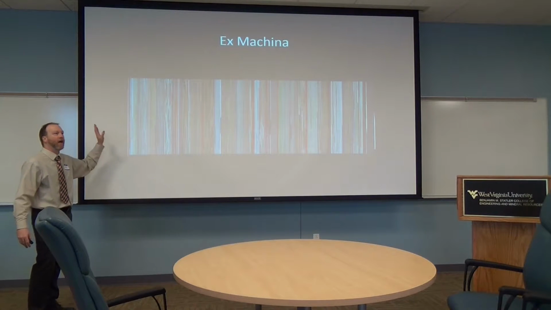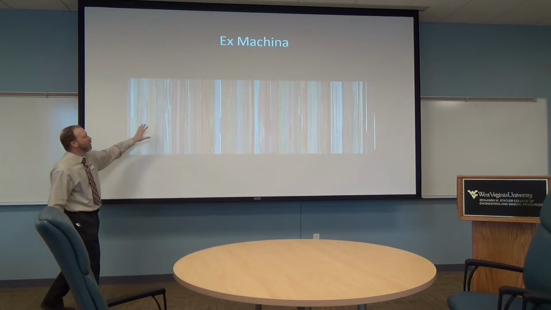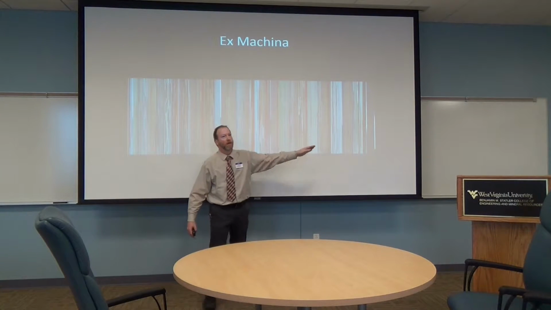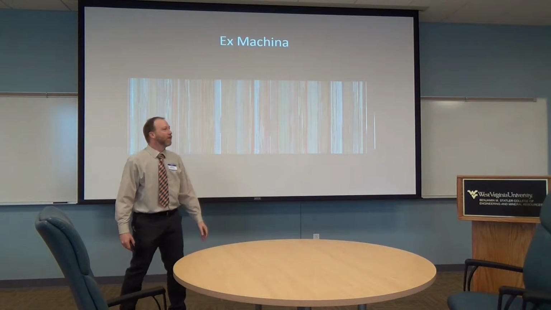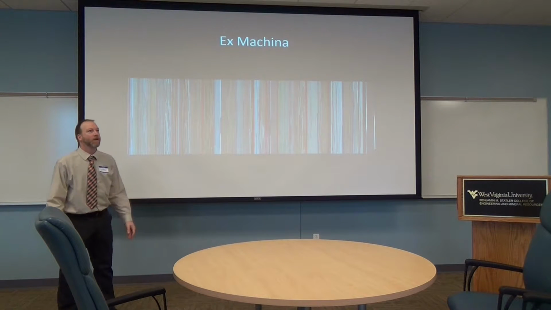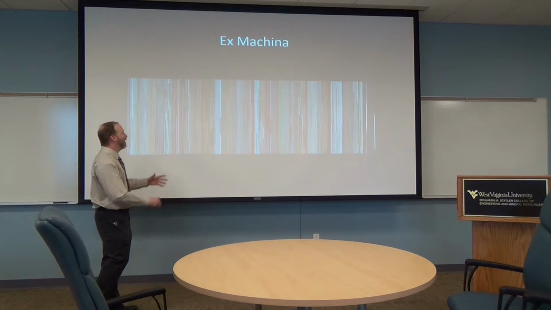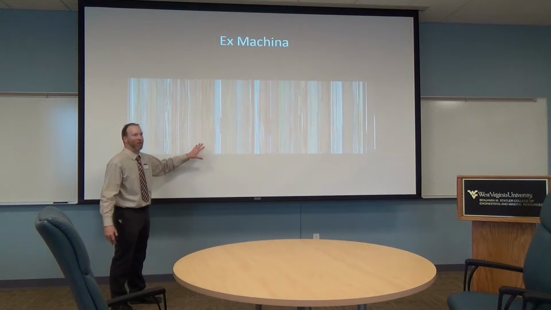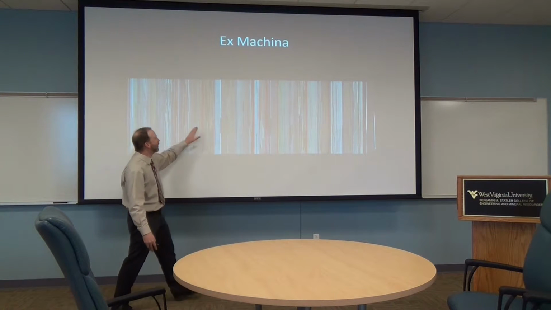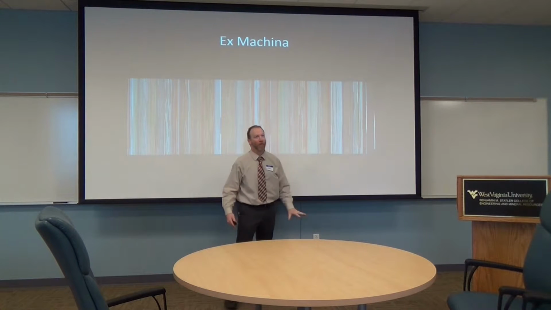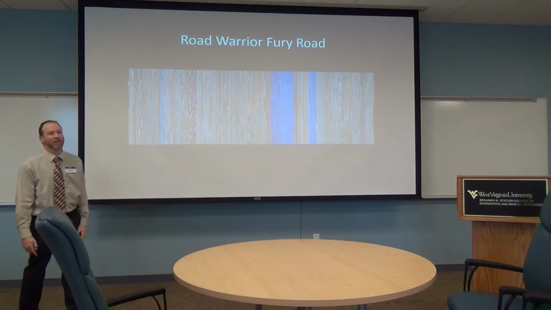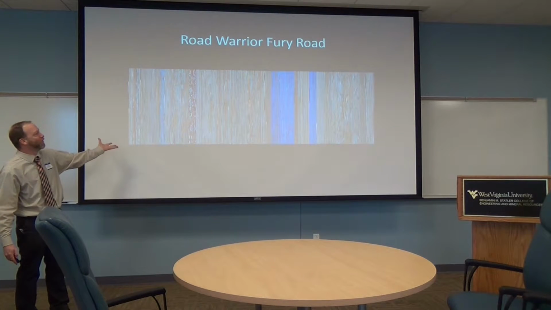Ex Machina. I don't want to ruin it for anyone, but does anyone know what the red lines are? They're the lockdown. The lockdown, exactly. So while he's talking to her, it goes on lockdown, and they're able to talk for a little bit, or they think so. But anyway, there's this repetition of that striping of red across. I just love it. Just such a beautiful fixation.